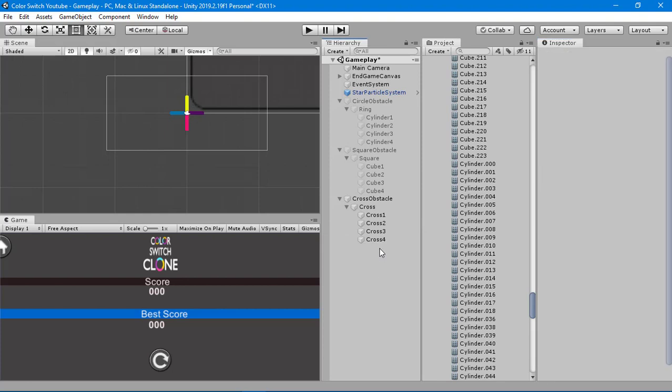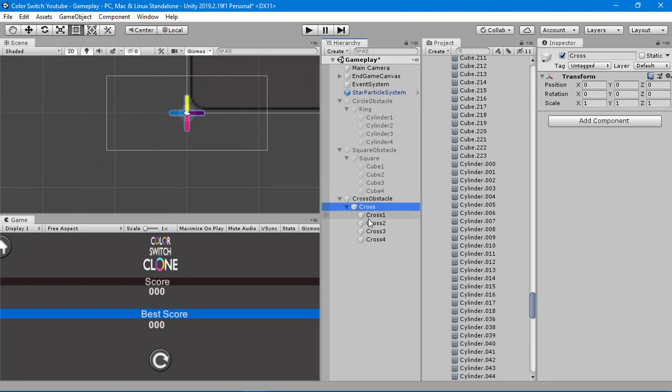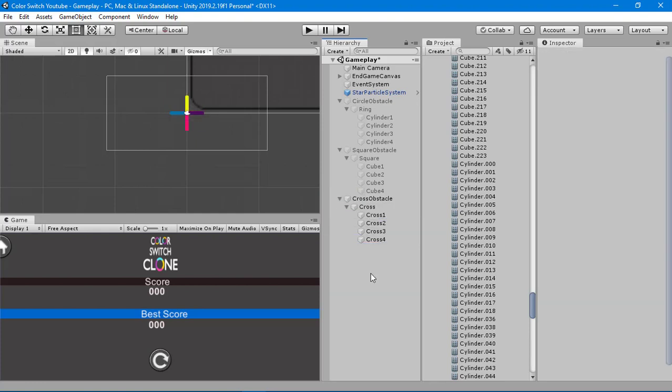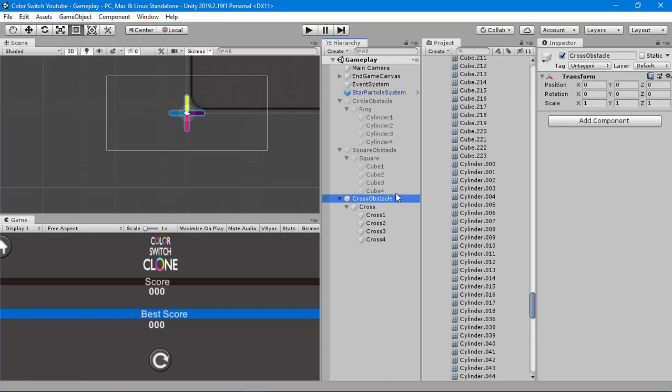Okay, so mesh colliders are all set up. So we have created this one. Okay, so process is set up, so let's disable this,